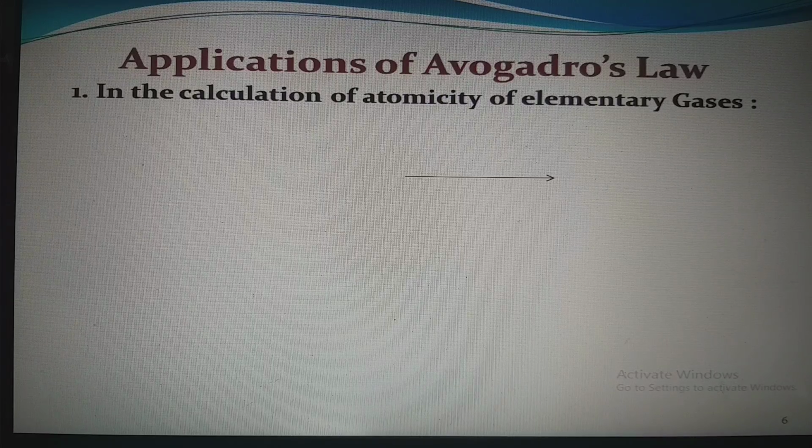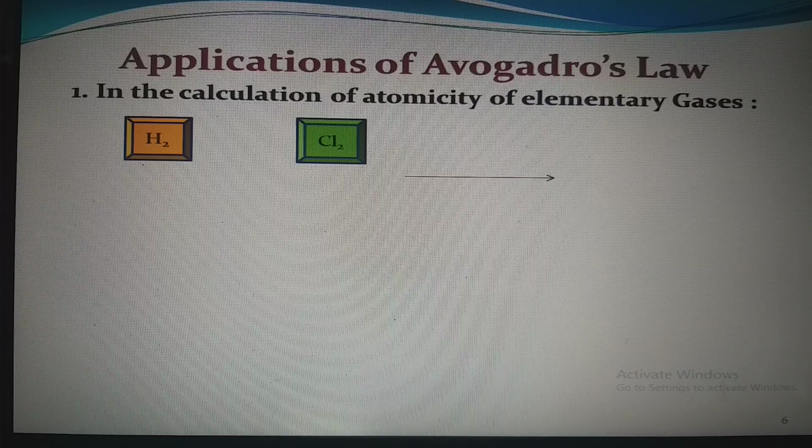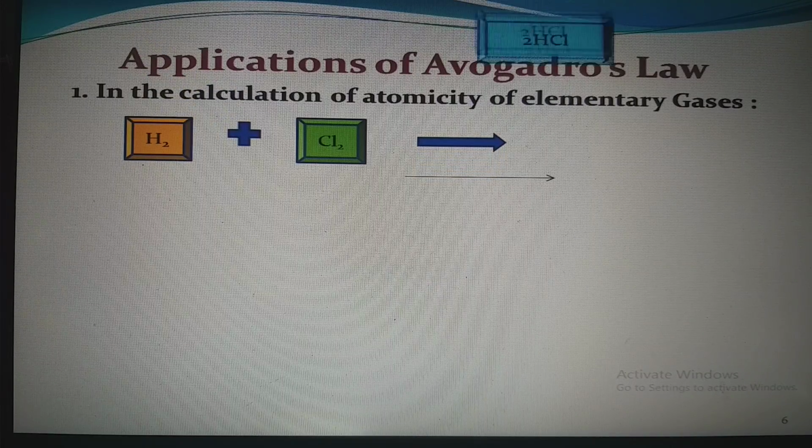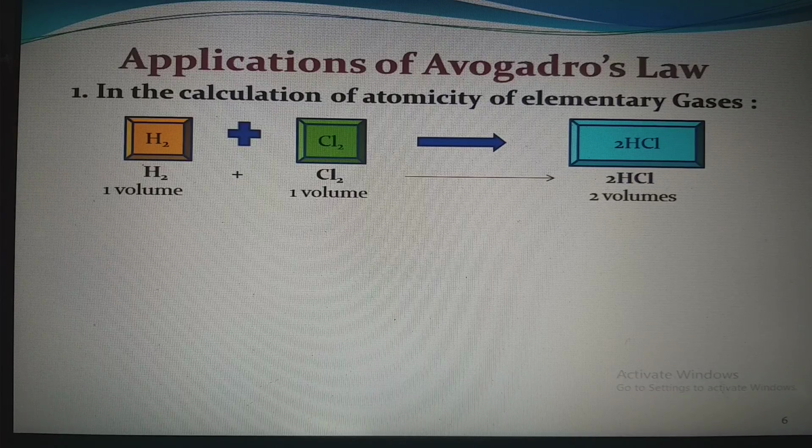The first application is in the calculation of atomicity of elementary gases. For this, we have taken hydrogen gas and chlorine gas. When these gases combine together, they produce HCl gas. According to the reaction, H2 plus Cl2 gives 2HCl,